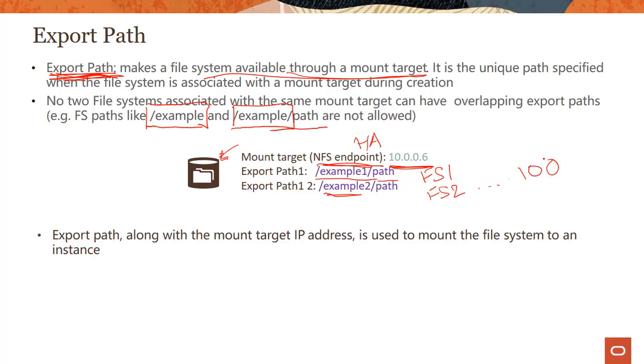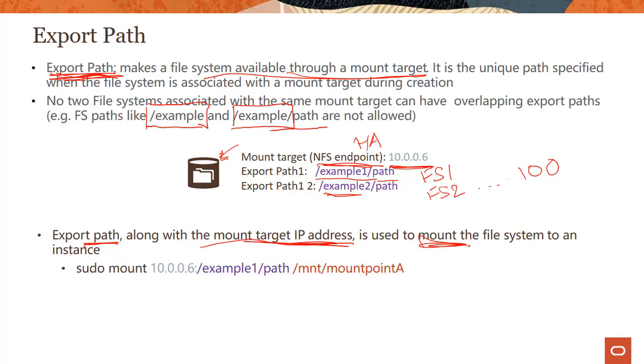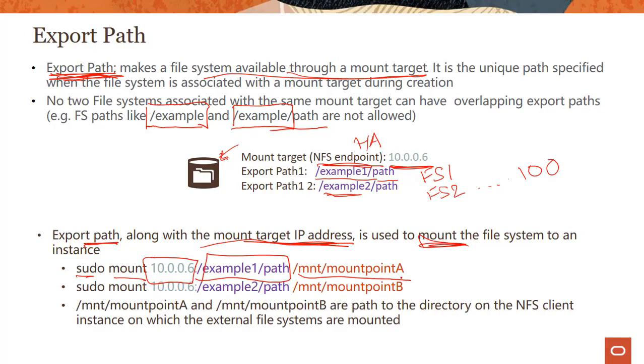Now how do you use it, right? The export path along with the mount target IP address is used to mount the file system to an instance. All right, so what do I mean by that? You run a command like this, a typical mount command, sudo mount. This is your mount target, this is your export path separated by a colon here, and then this is your directory on the NFS client instance on which external file systems are mounted, right? So in this example, I'm mounting file system 1 to this mount point, and I'm mounting file system 2